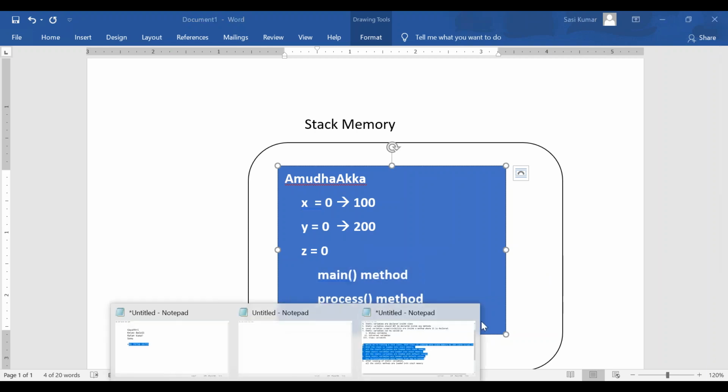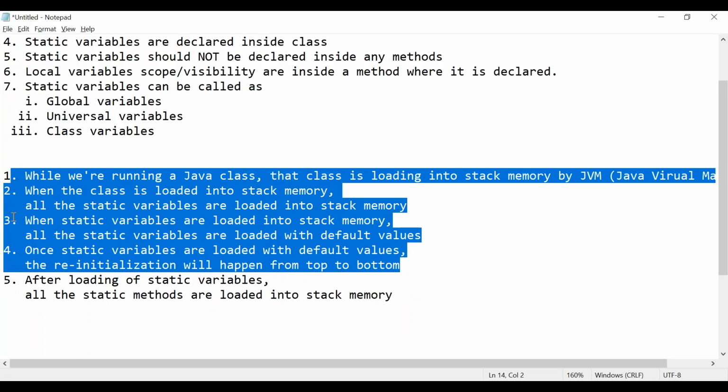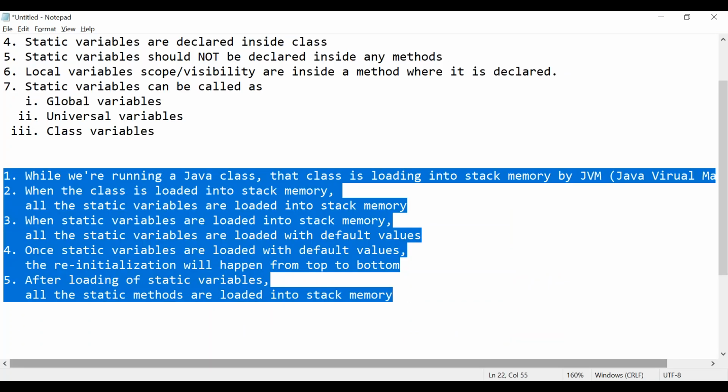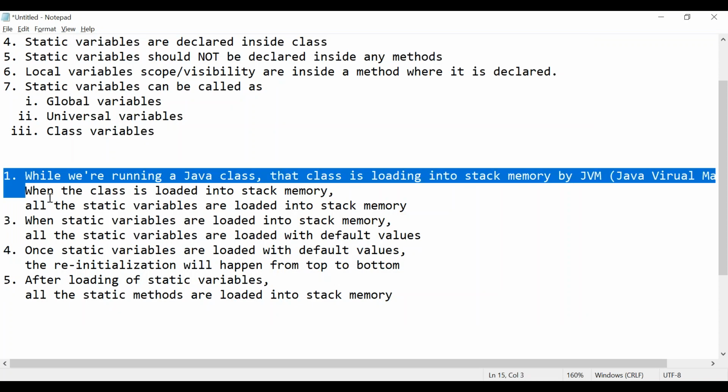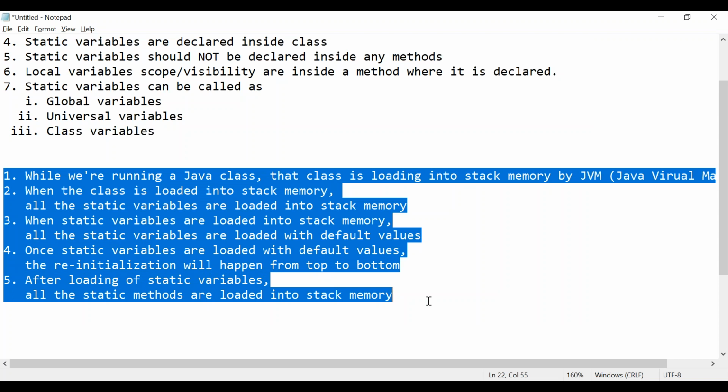All these operations are happening while we are running, before we are getting the output, right? We are getting the output on the console, right? Before this, all these background things are happening.